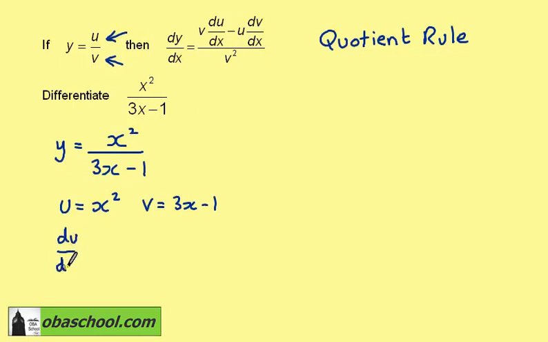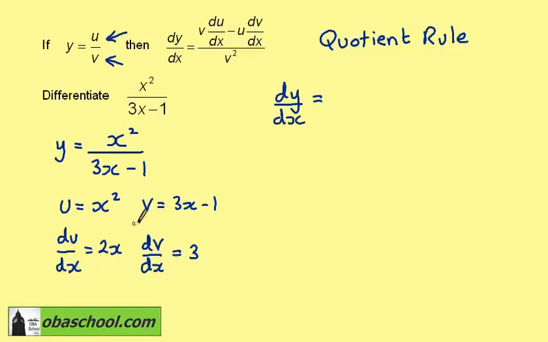So differentiating, du/dx is 2x, and dv/dx is equal to 3. Substituting into the formula, dy/dx is going to be